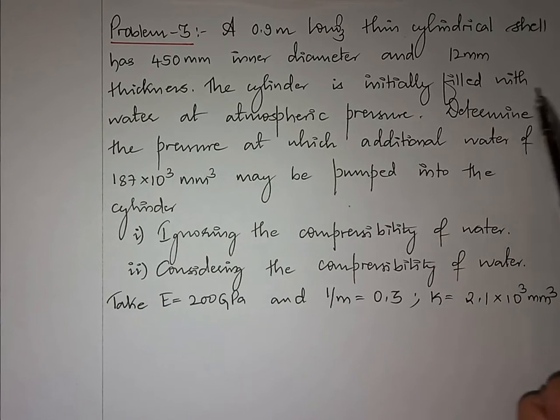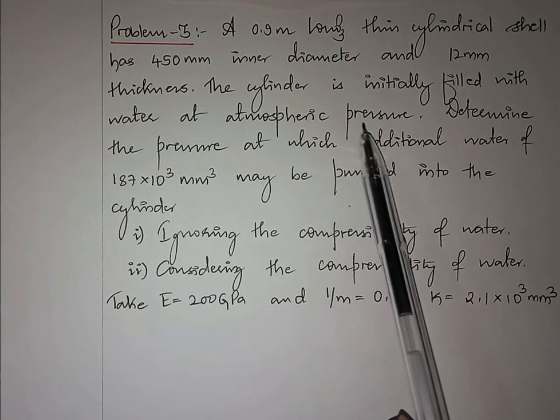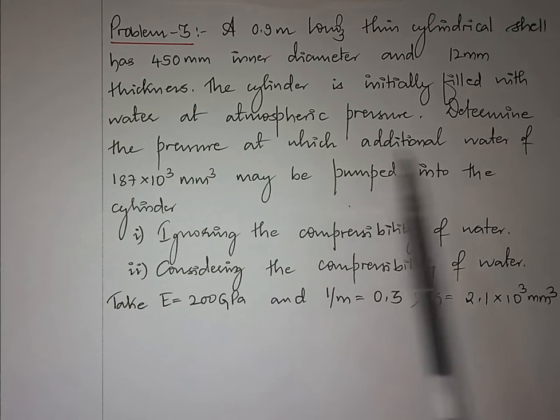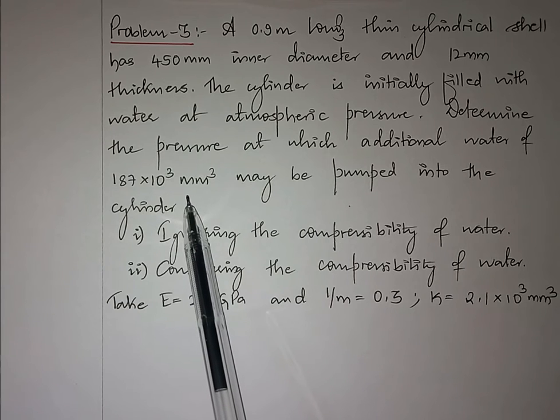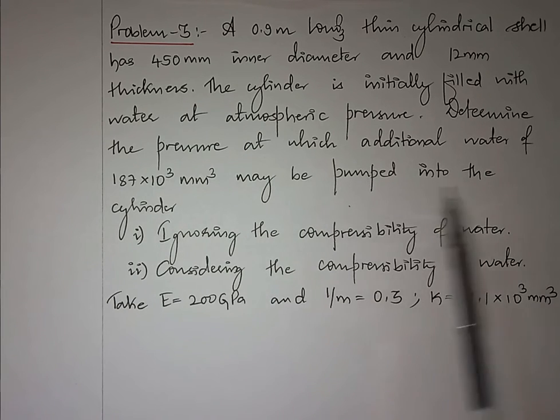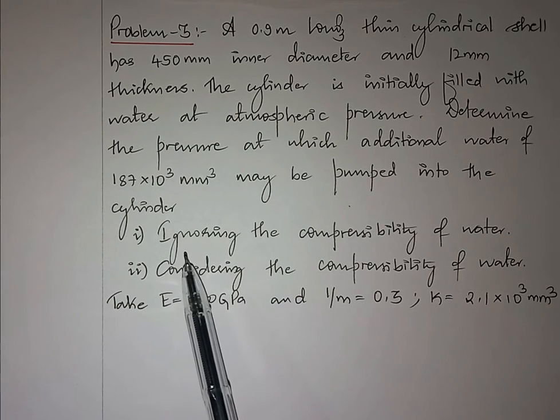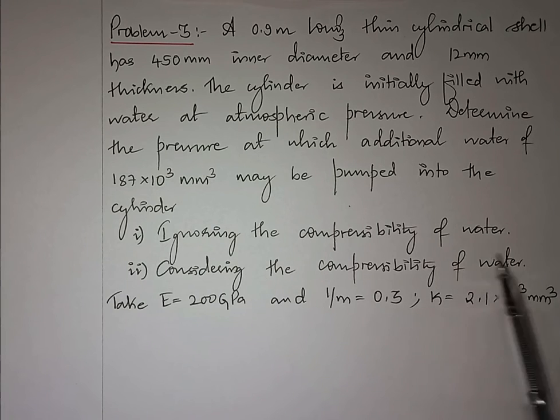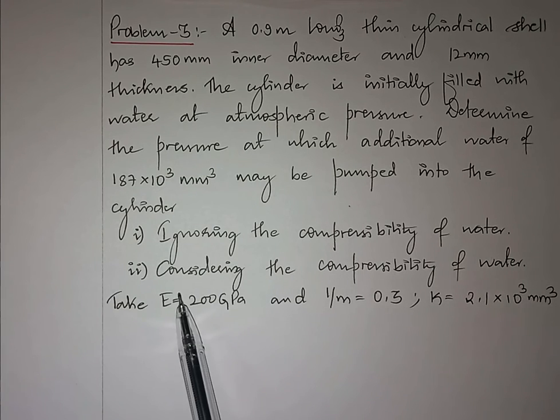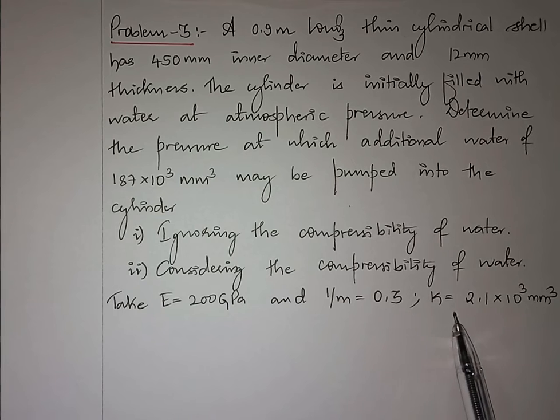The cylinder is initially filled with water at atmospheric pressure. Determine the pressure at which additional water of 187 into 10 raised to 3 mm cube may be pumped into the cylinder. So there are two cases: ignoring the compressibility of water. Second case, considering the compressibility of water. Take Young's modulus as 200 GPa, Poisson's ratio as 0.3 and bulk modulus as 2.1 into 10 raised to 3